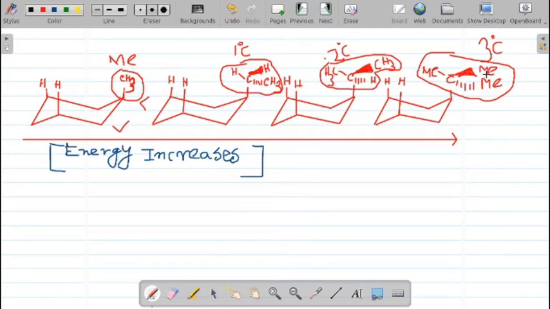In this case the tert butyl group is present as a substituent in this cyclohexane. So the energy of the conformer for the tert butyl group as a substituent will be more than the 2 degree carbon, than the 1 degree carbon, than the methyl group. Okay,